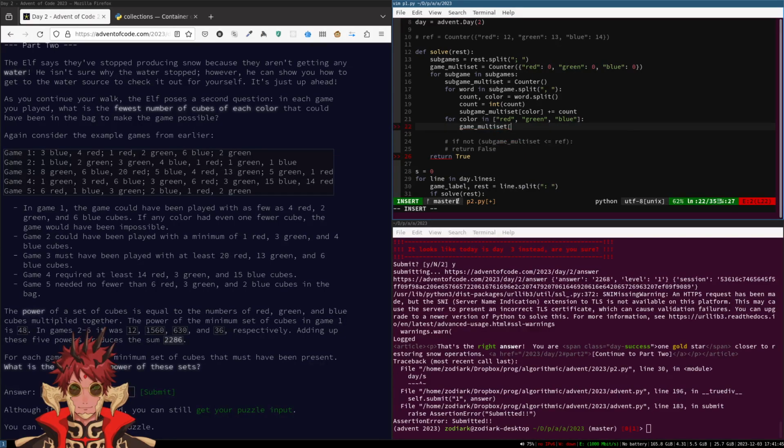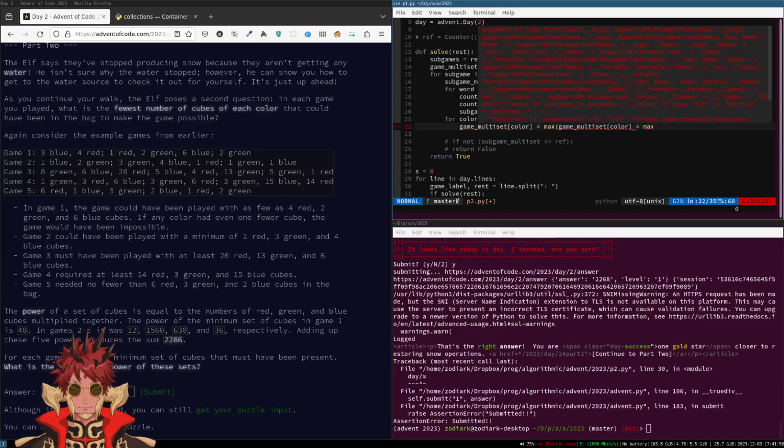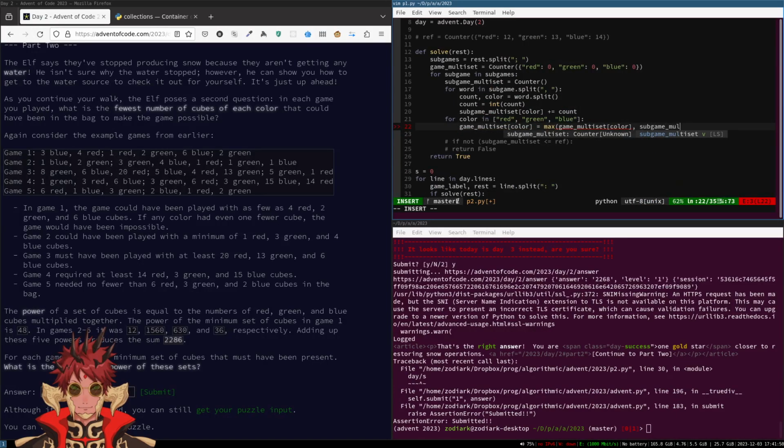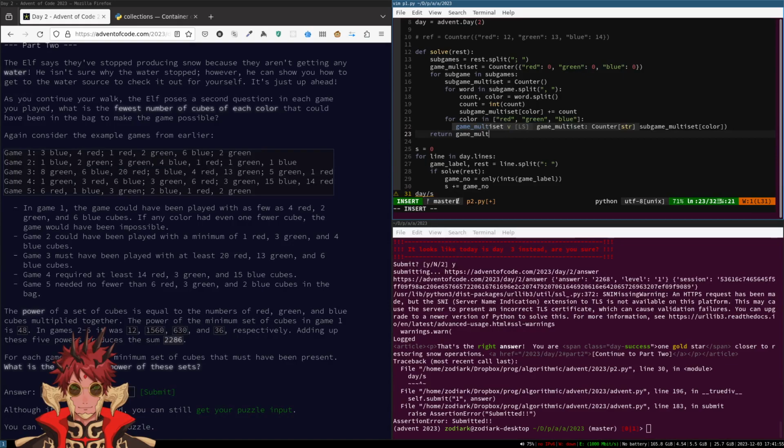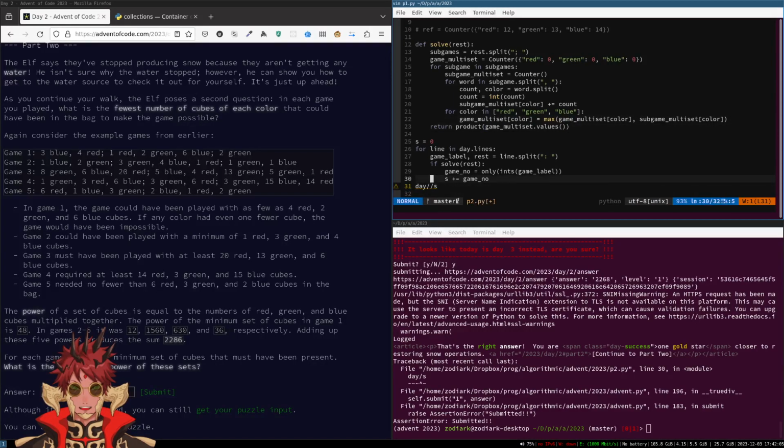It would be a second or two faster. But we're just going to max this with the sub-game color return. And I have a product function, so we can just multiply them. That's not how you write multiply them together. We're going to return this.